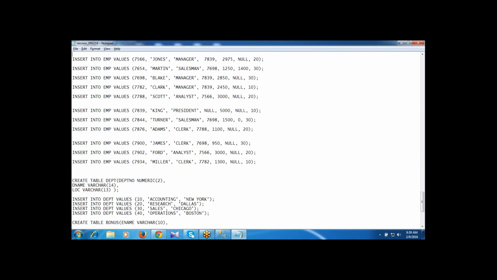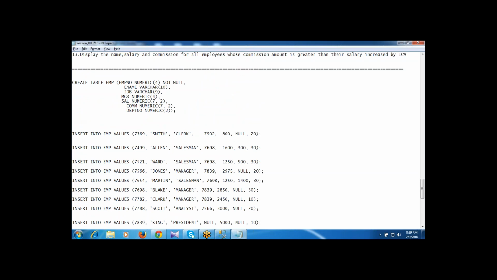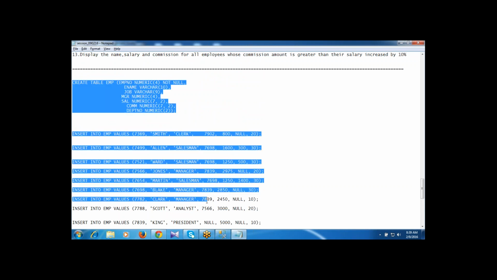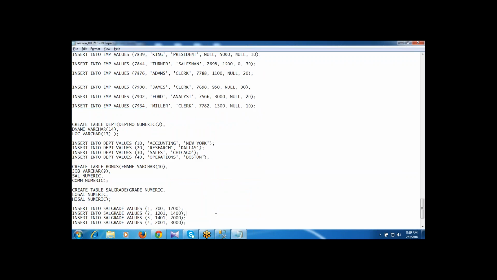Okay, so please do this one. To get the demo tables, you can copy these queries, paste them into SQL Server Management Studio and execute. Select each query or select all the queries and execute. All the tables will be created and all the rows will be inserted at a time.